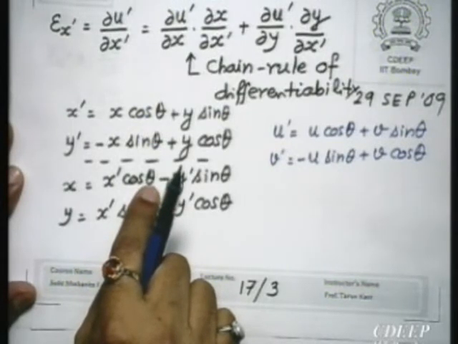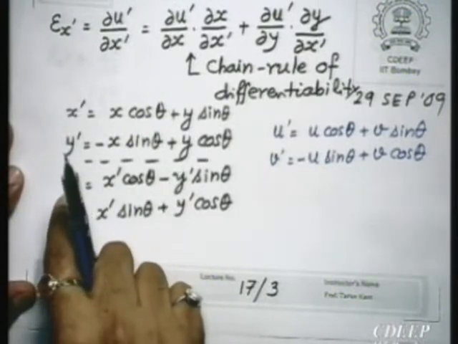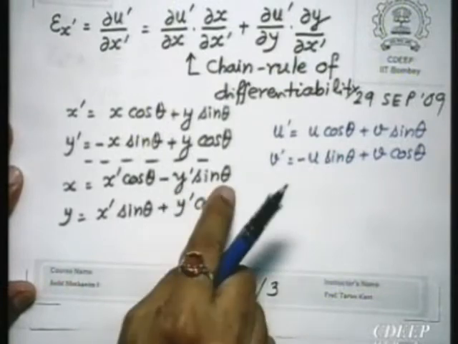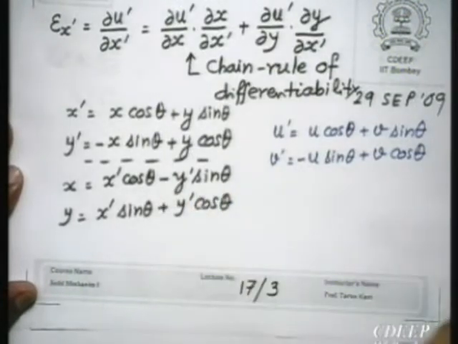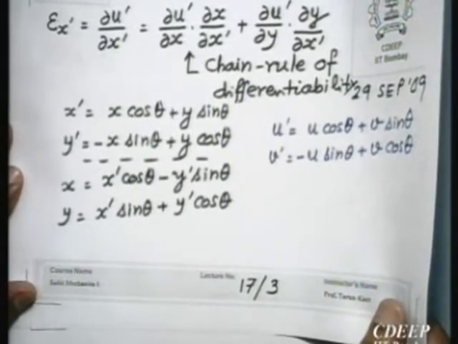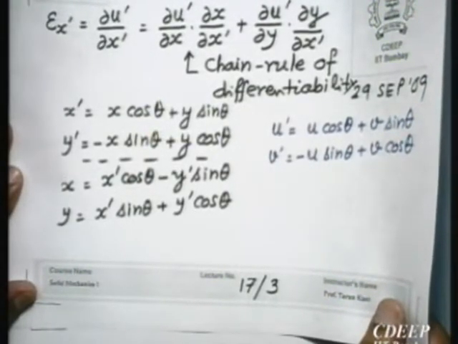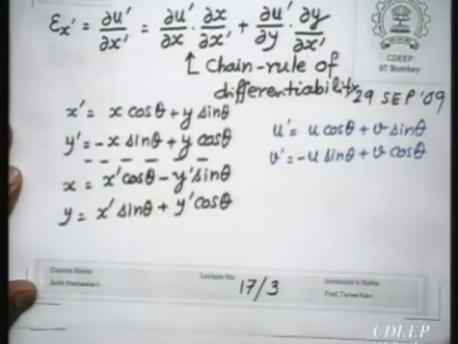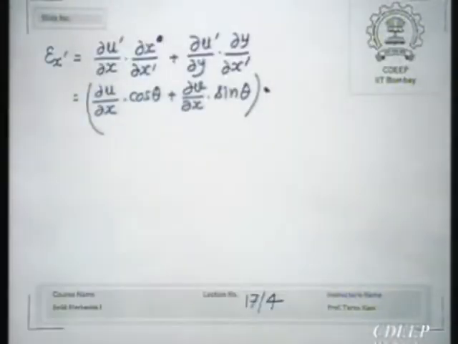How much it will be? Dx by dx dash is cosine theta, because this will be 0. Now don't make a mistake here. It is simple differentiation. So, this dx by dx dash will be simply cosine theta. So, this multiplied by cosine theta